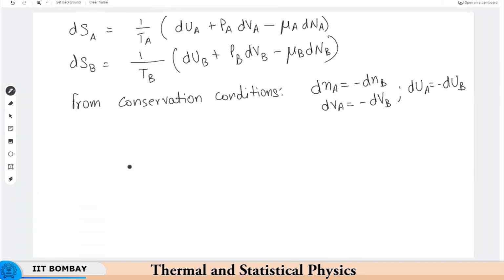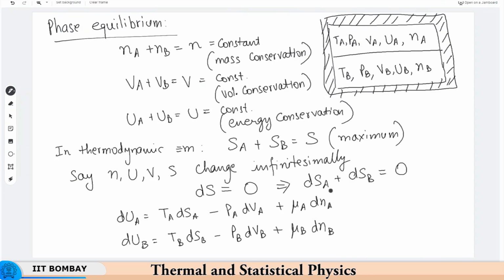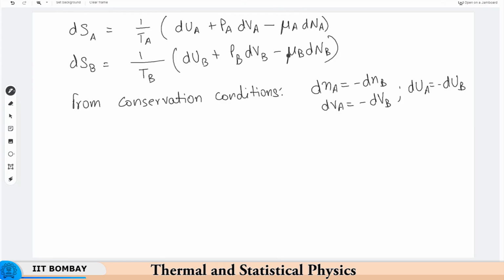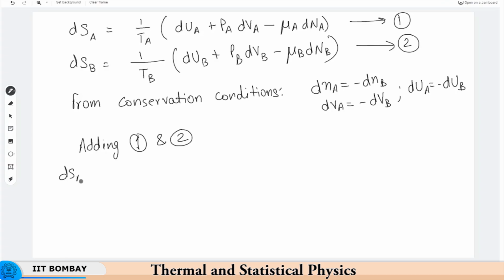So, now remember the condition in equilibrium is dS_A plus dS_B is 0, right. So, I can add up these equations. Let us call this equation 1, let us call this equation 2. So, adding 1 and 2, we have dS_A plus dS_B, which is equal to